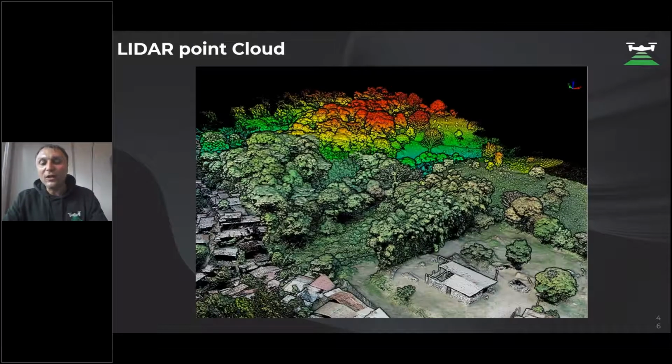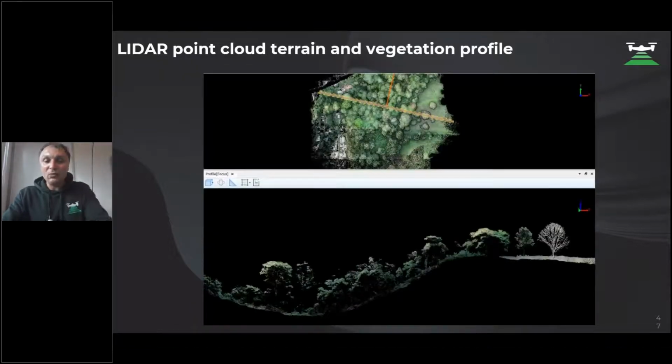And after that, we need to colorize the point cloud. And in this case, I would suggest to use 3Dsurvey just to make the first step of data processing, air triangulation. And after that, you can import data inside of 3Dsurvey to colorize the point cloud. And this is an example of a colorized point cloud,